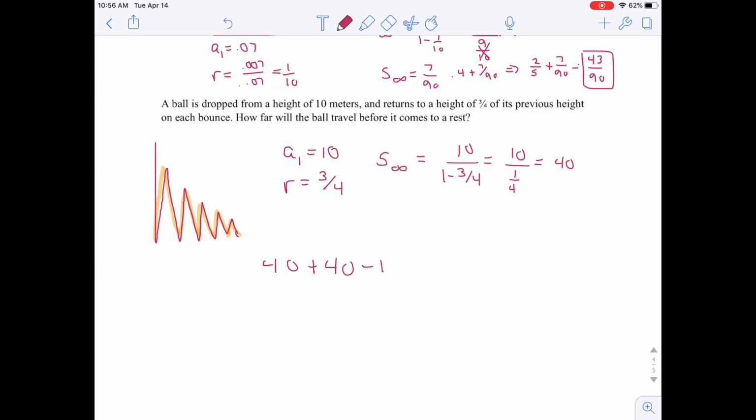But we would need to take away 10, since this first initial drop does not have a counter action of coming back up that height, which would come out to 70. So this ball traveled a total of 70 meters across